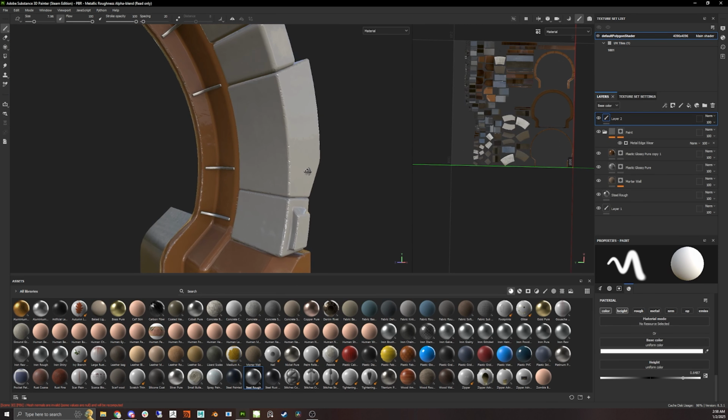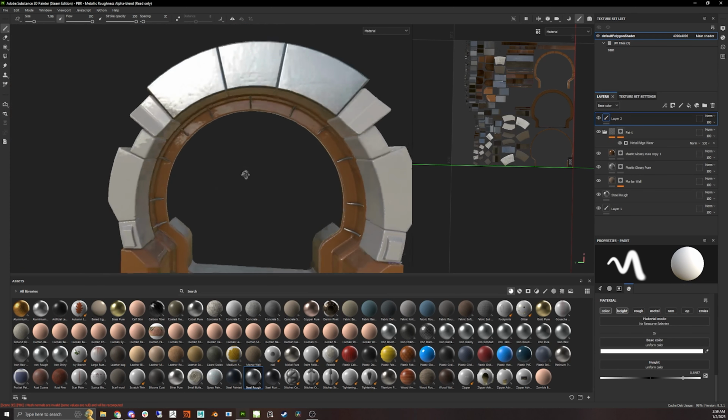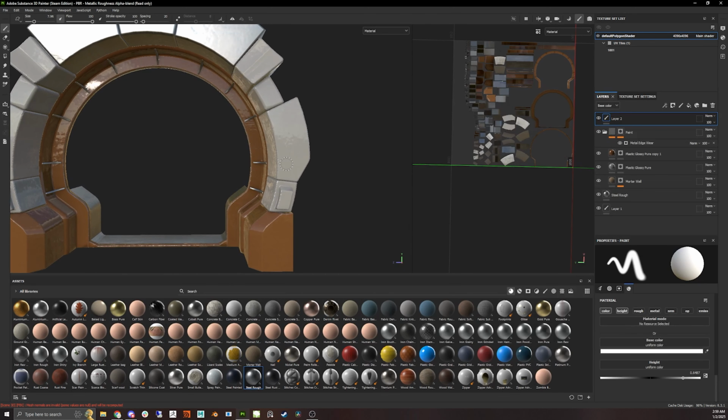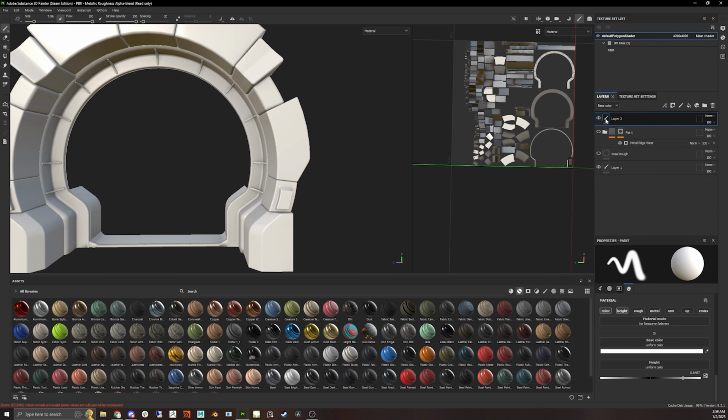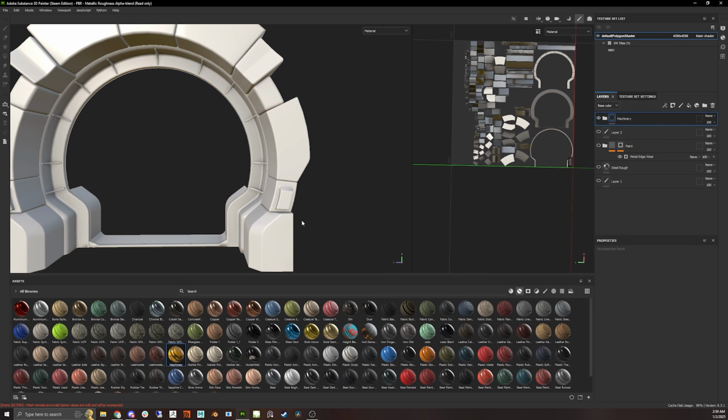But say we want to add a little variation to this. This is very flat at the moment. We want to add some sort of normal variation. One of the things we can do is go over here into our different subsections of the asset browser. We have our materials, we have our smart materials, which I'll show you what those are very briefly. I don't use them a whole lot, but if I turn off all my layers, and I go over here, say to this machinery smart material, and I apply that,